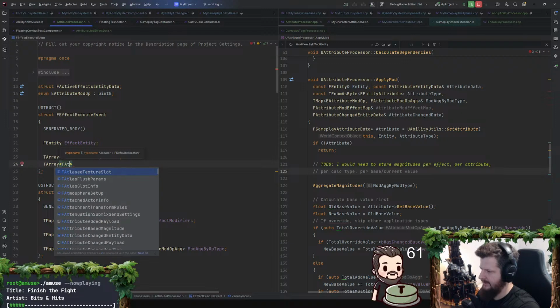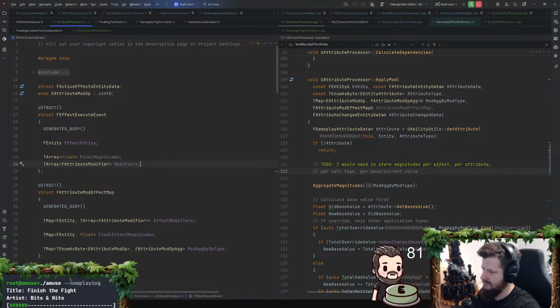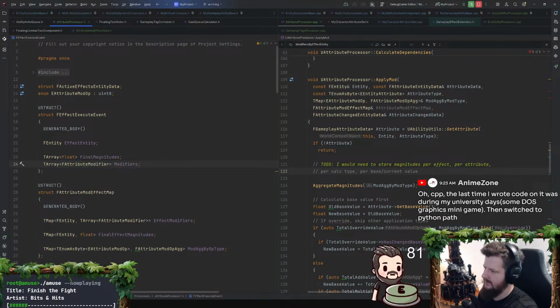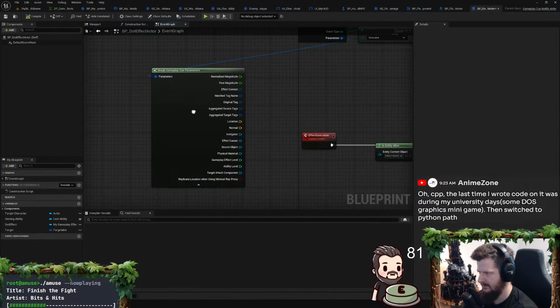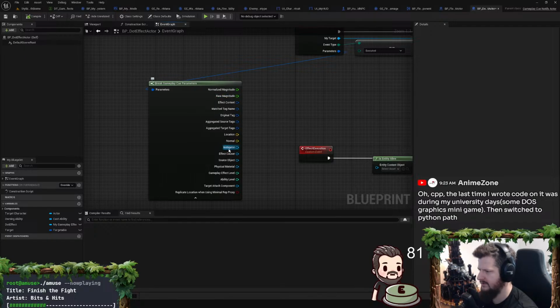And then this is F attribute modifiers, and they would be equal length, so whatever index one's at, you get the other. Effect entity. Do we just need entity, final mags, and modifiers? Maybe I'm going to go back and look at this. Although this helps me. We're completely diverging from that now.